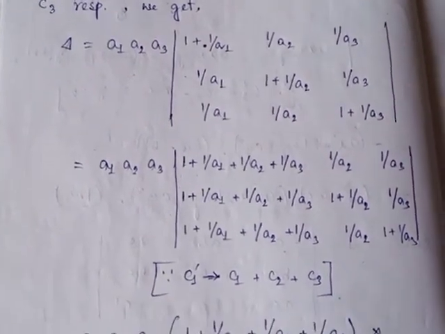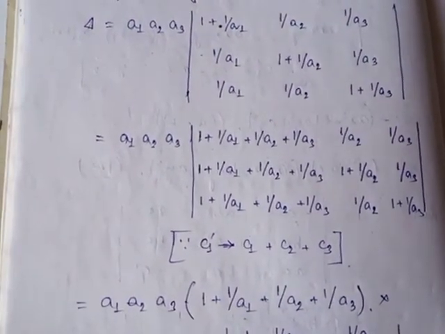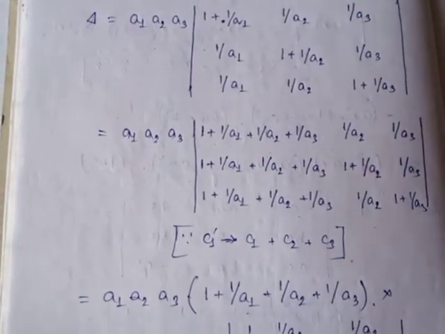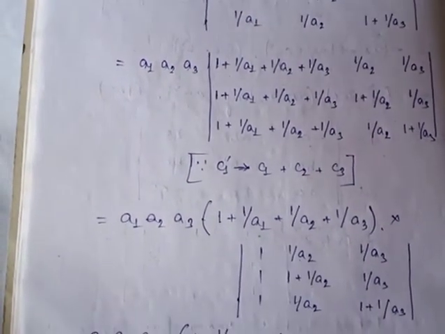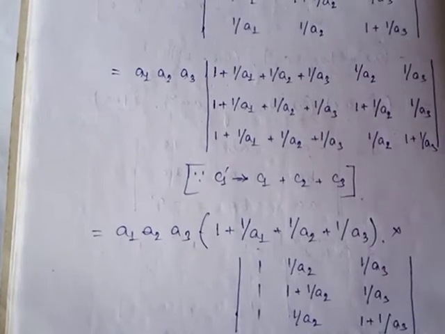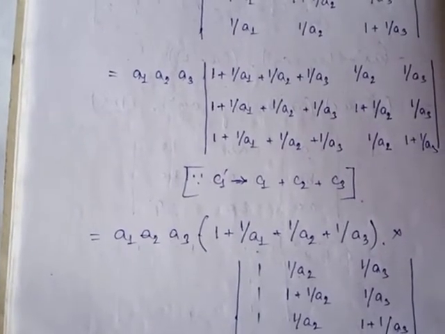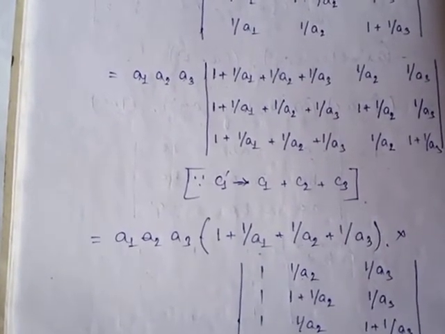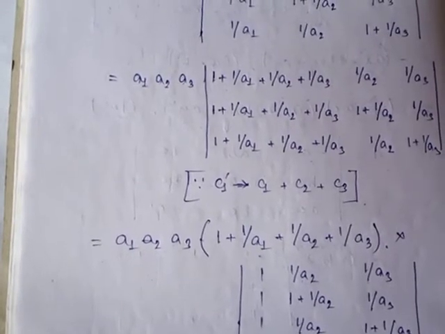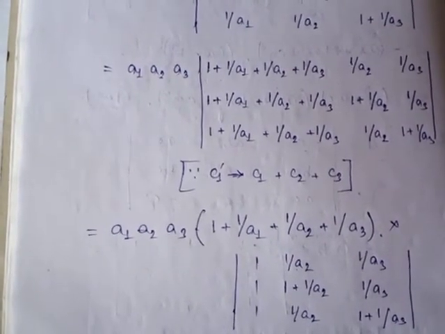Now taking common 1 plus 1 by a1 plus 1 by a2 plus 1 by a3, we can write a1 a2 a3 times 1 plus 1 by a1 plus 1 by a2 plus 1 by a3 with the determinant